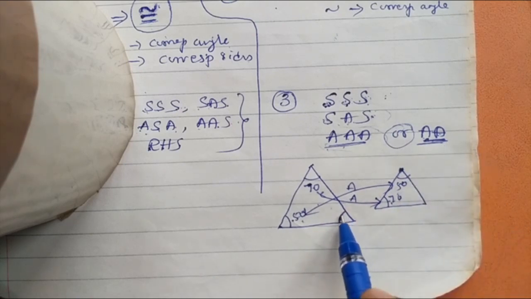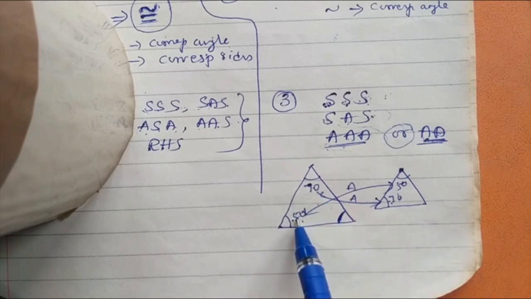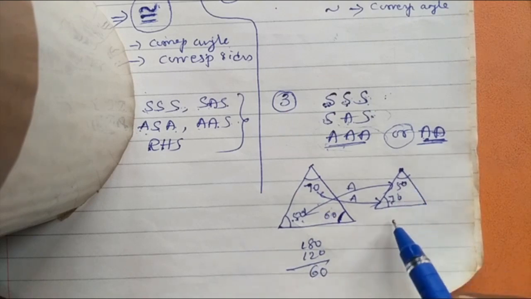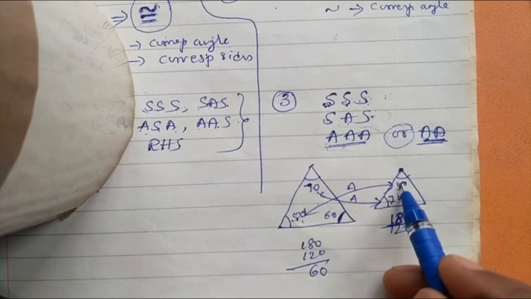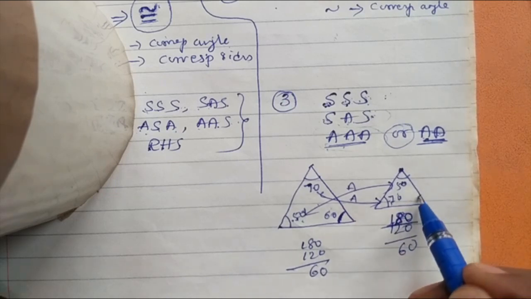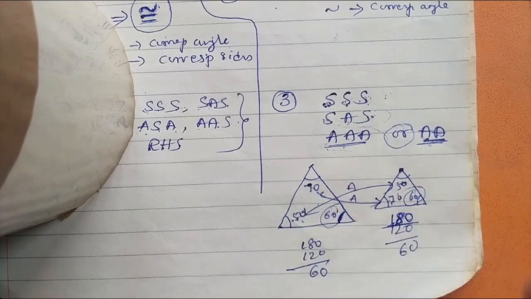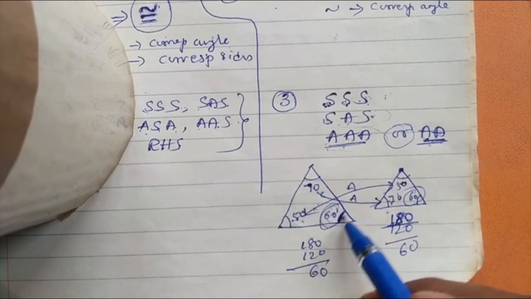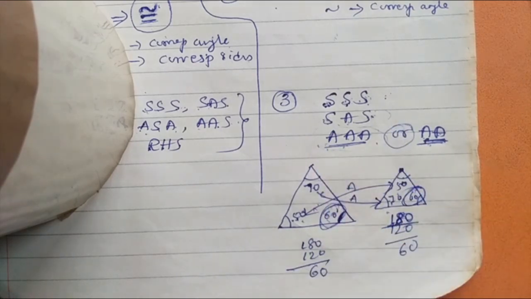What about the third angle? The third angle we left out. If we consider that also, 70 plus 50 is 120. In 180 degrees, 120 subtracted, the third angle is 60. Here 50 plus 70 is 120. The angle sum property of a triangle is 180 degrees. So 180 minus 120 is 60 degrees. So this is also 60. We have equated two angles only, but the third angle is obviously equal. The angle sum property of a triangle says that when two angles between the two triangles are equal, the third angle is automatically equal. Therefore, two angles equal or three angles equal, both are the same.